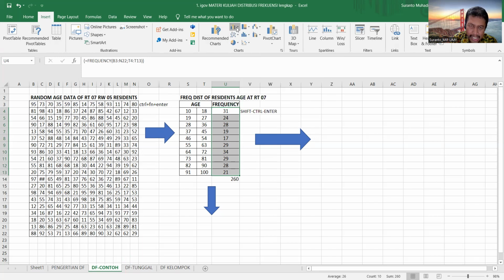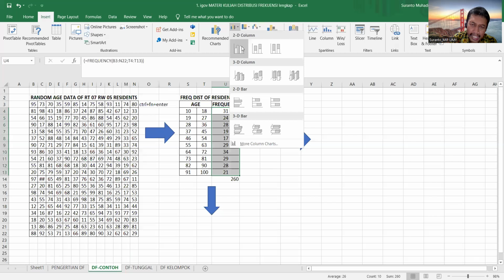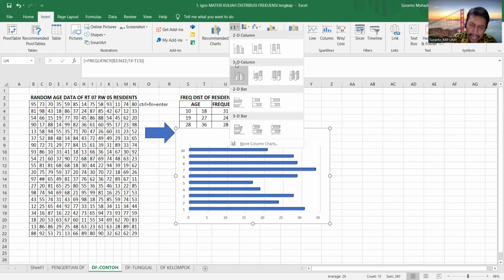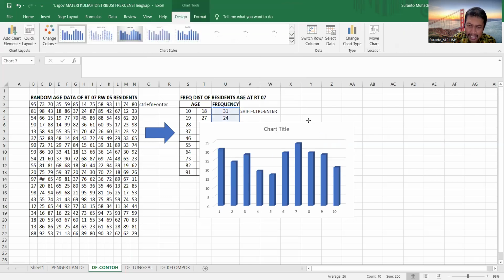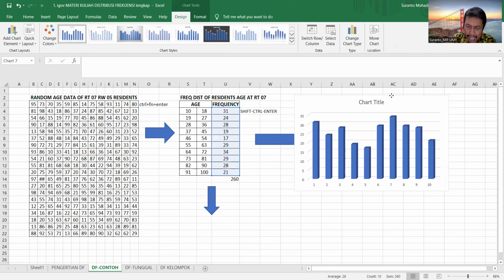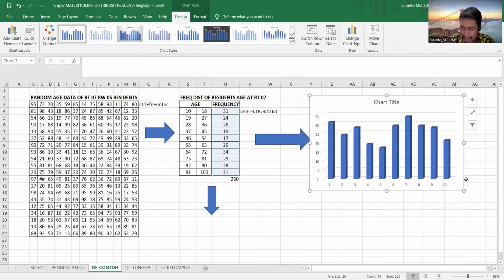Click this button, and then you can choose which one is most suitable for you. For example, I use this kind of chart. Okay, so I got the data display using a histogram.